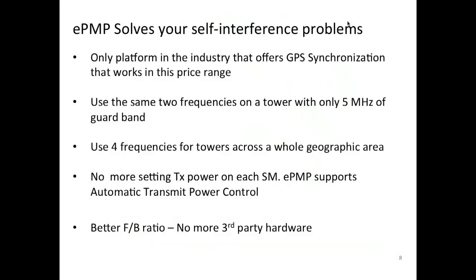What does it give you? You're now able to use the same two frequencies on a tower with only 5 megahertz of guard band. In the past, you may have had to put 20 megahertz of guard band or 10 megahertz of guard band, or put metal shields behind the APs in order to achieve frequency reuse. So the fundamental message here is frequency reuse is what I'm giving you with ePMP at a very competitive price